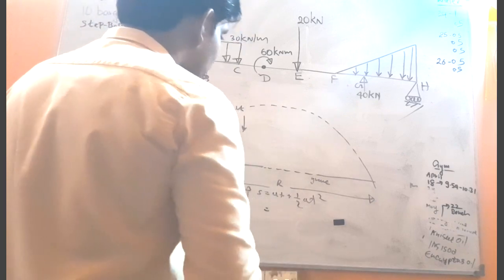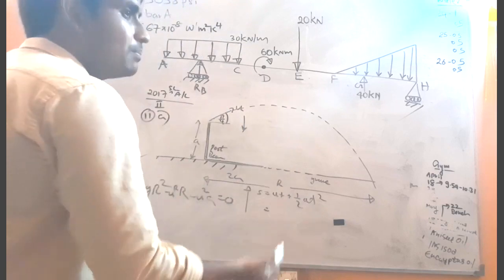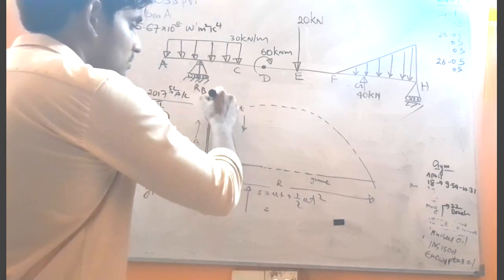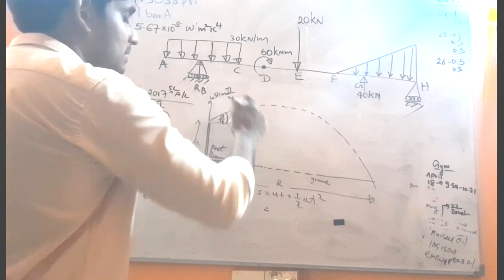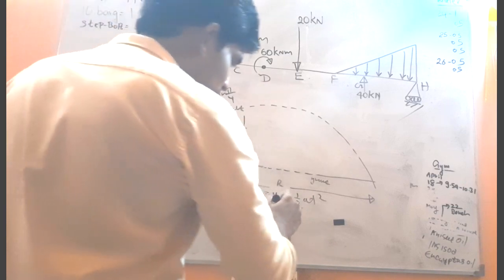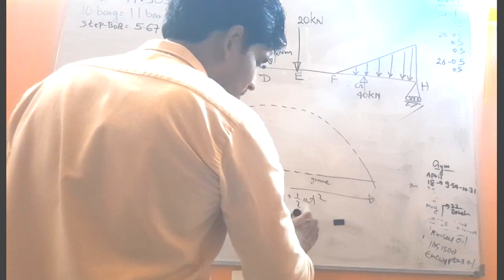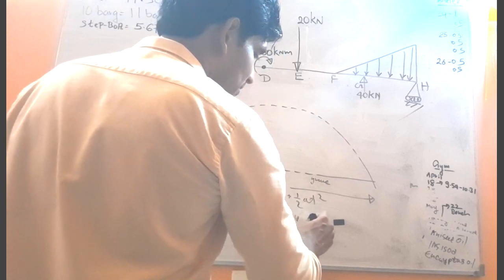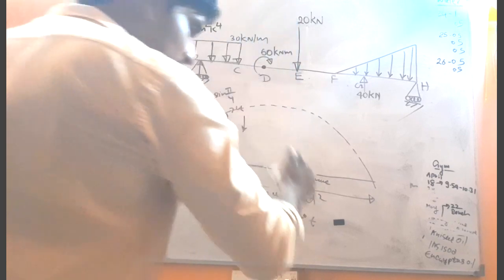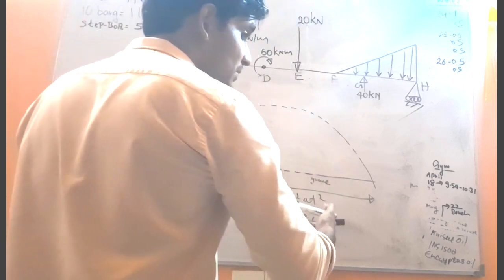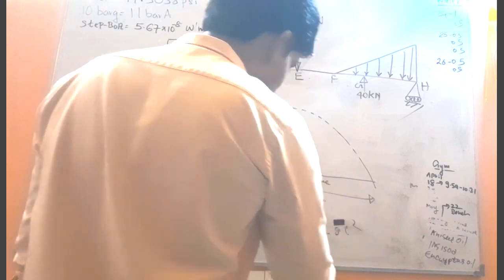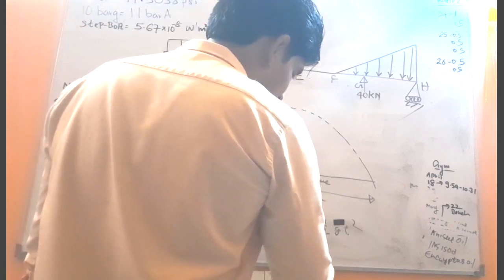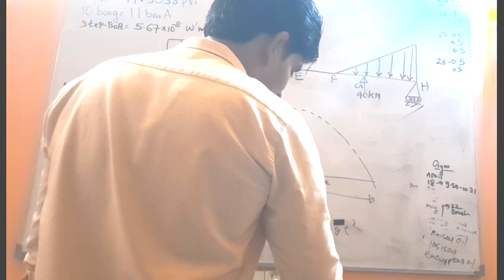What is u? u is the upward velocity, that means u sin theta, so u sin pi by 4, which is sin 45 degrees, times t, plus half a t squared, which becomes minus half g t squared. So sin 45 is 1 by root 2, giving u divided by root 2 times t